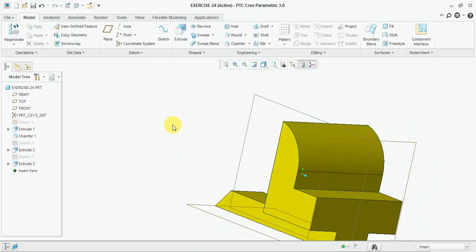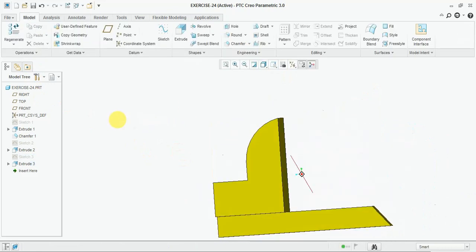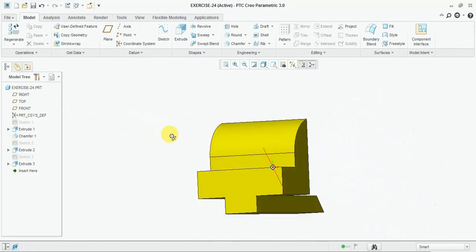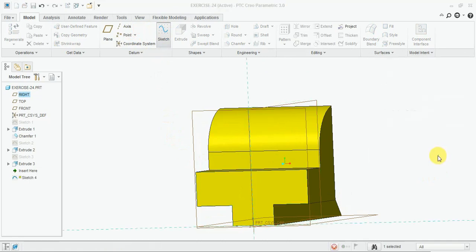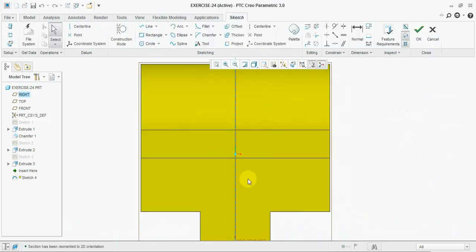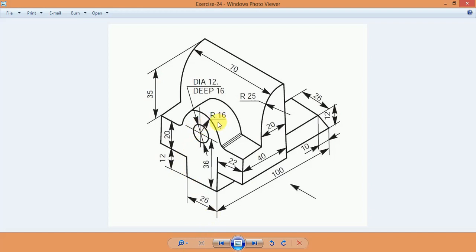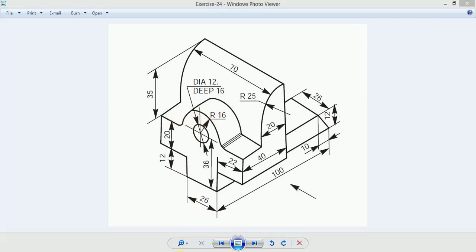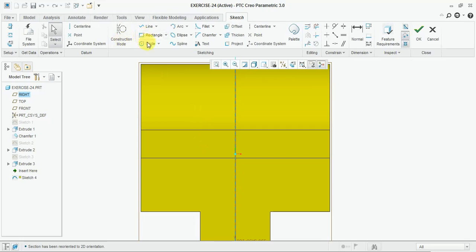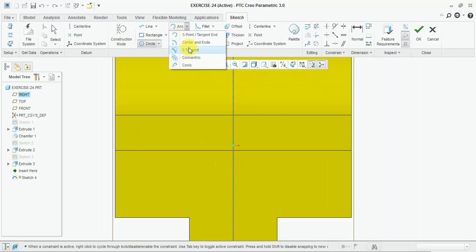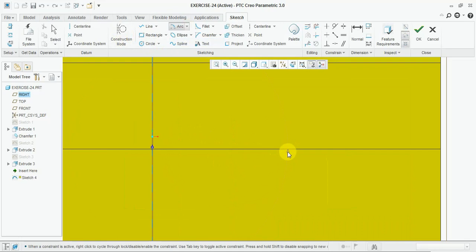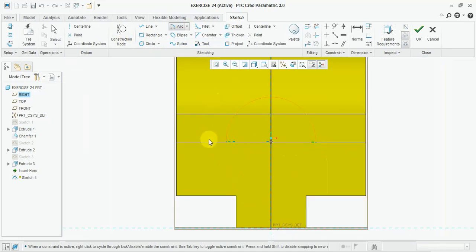Okay, now select the sketch, draw here the arc, 16 mm radius. Select the circle, center arc, give the radius 16 mm.